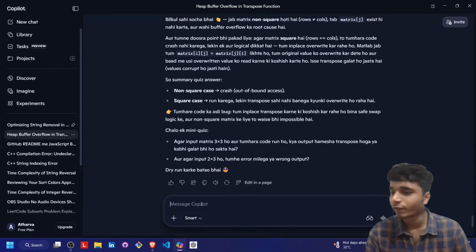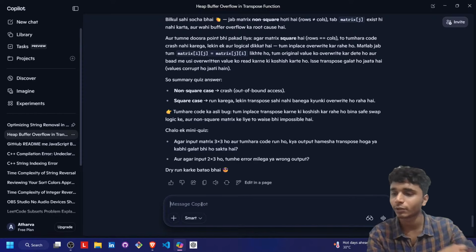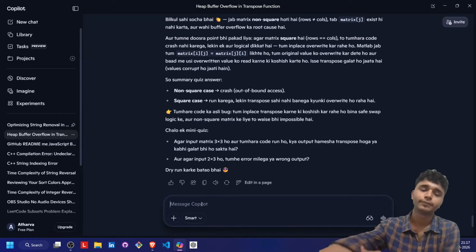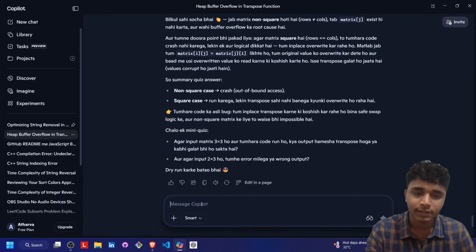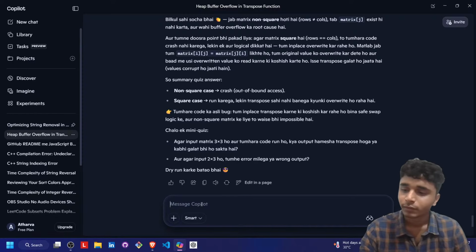We have a good amount of time left today, so we will try to solve it and go through it in this way. We will not jump onto the solution. It is just trying to quiz me and get the answer from me in a step-by-step manner, right? If input matrix is 3 into 3 and